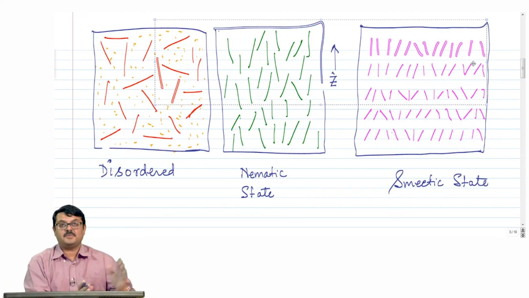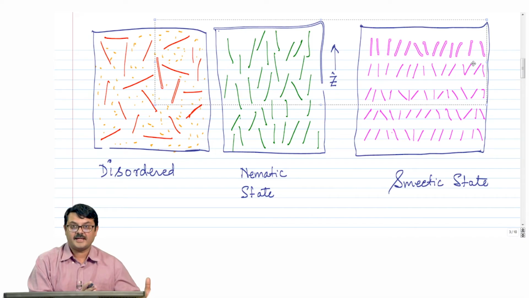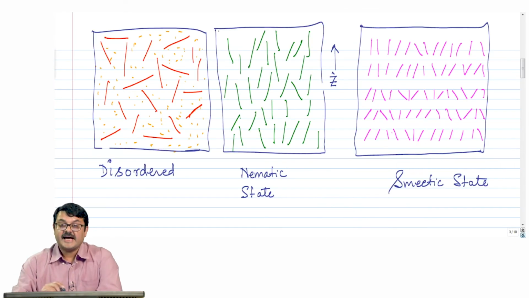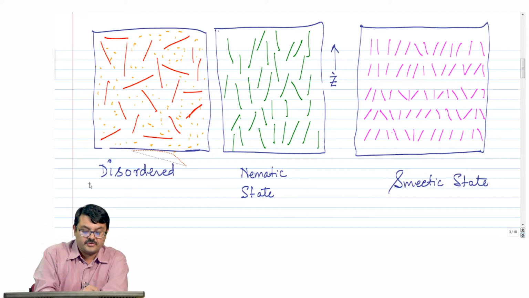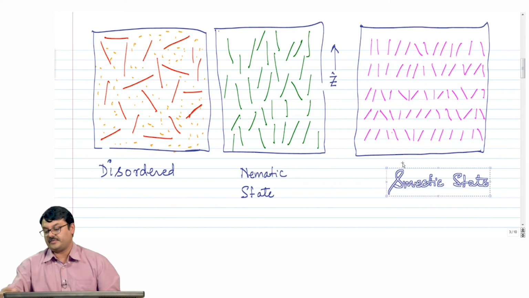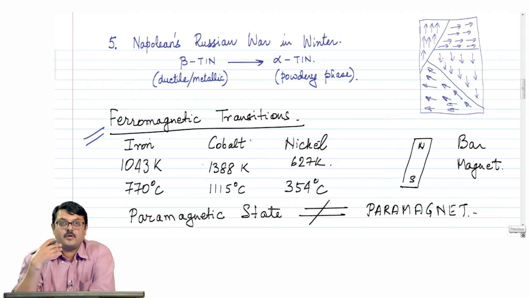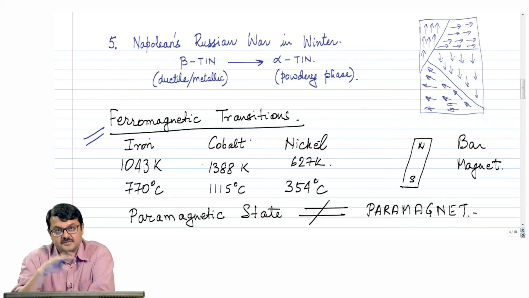So, previously you had examples where you had phase transitions when the temperature was changed, the solid, liquid, gas, or the ferromagnetic or the superconducting. But here you see that when you increase the density of these rod-like molecules, you are going from the so-called disordered phase to the nematic phase to the smectic phase. While it is interesting enough to understand from a basic physics point of view how these phase transitions happen, it is important to understand phase transitions